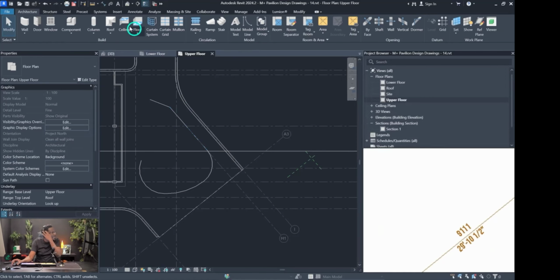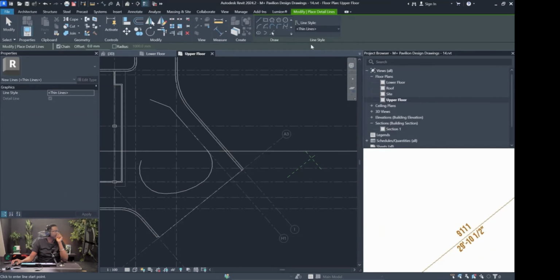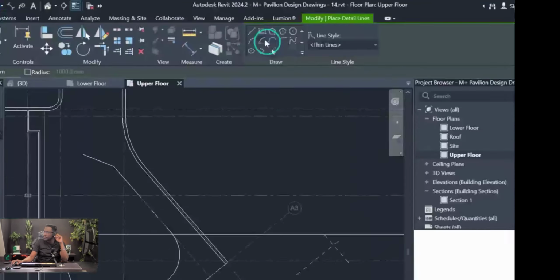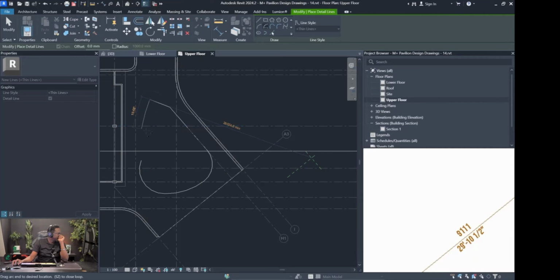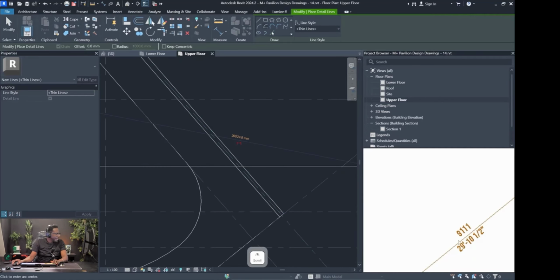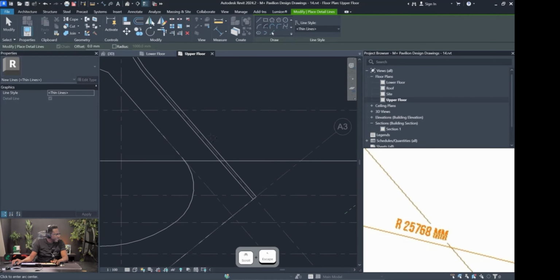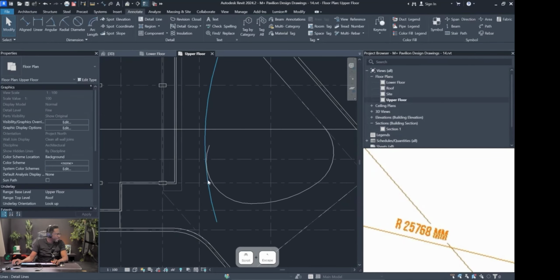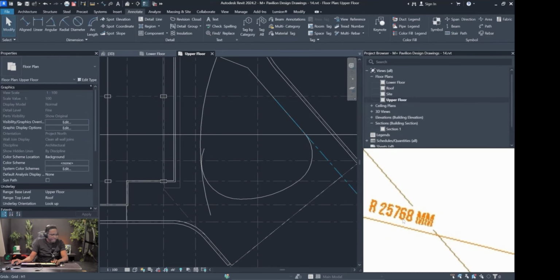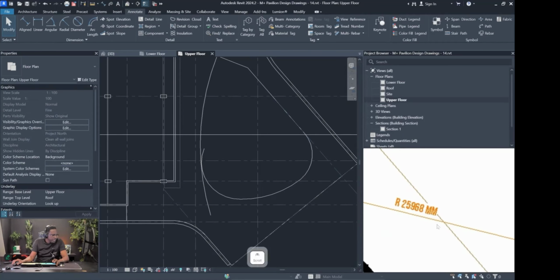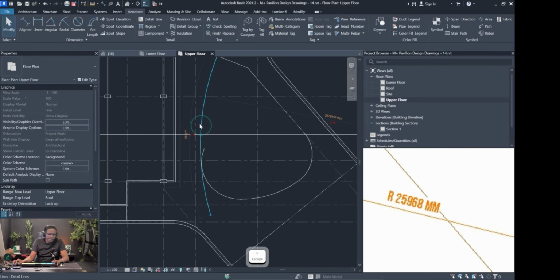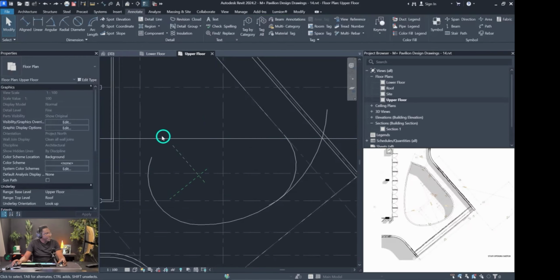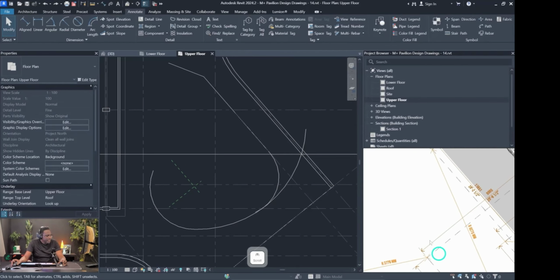So we're going to do the same thing again. We're going to grab our detail line and we're going to make it an arc. That's this one here. And we're going to start from here and draw all the way here. And this should actually be 25768. So we're going to edit that. So this should be 25768. Right, 25768. So let me double check that. Oh, it should be 25968 actually. So it was correct. So in order to get this curve on this side, we need to take a look